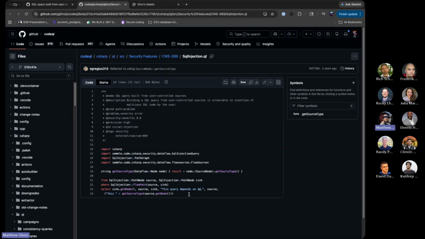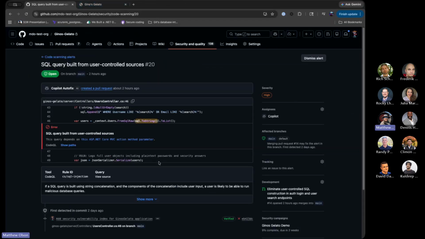And you'd have to learn CodeQL to understand a lot of what this is doing, but just know they're open source. It's a community-powered tool, and you can actually extend it with your own queries if you like as well. Then I get this description here, right? If a SQL query is built using a string concatenation, and the components include user input, a user is likely to be able to run malicious database queries. Gee, I wonder how